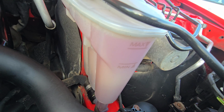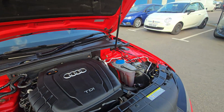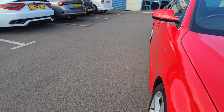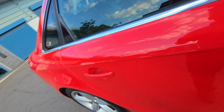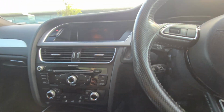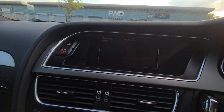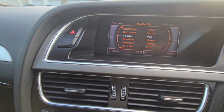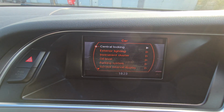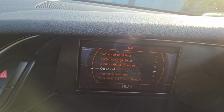Bright red antifreeze to the maximum as well. There is no dipstick on this. It's all electronic inside the vehicle. In fact, let me show you how that works. I'm going to go inside the car and show you how the electronic dipstick works on this one. So you have to start the engine, and it says you have to have the engine running for at least 5 to 10 minutes to measure it. So you go to the car button there and you press that. So you look at that and you can see that there, it says in the middle oil level. So you go down to oil level, you press it,